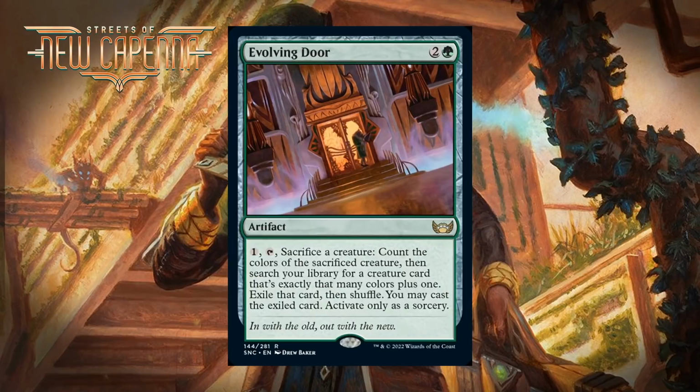Next up, it's Evolving Door, which for 2 generic and a green is a rare artifact. You can pay 1, tap it, and sack a creature, and count the colors of the sacrificed creature. Then search your library for a creature card that's exactly that many colors +1. Exile that card, then shuffle. You may cast the exiled card, activate only as a sorcery. This is interesting, but my feeling is that it's probably not good in Limited. You have to